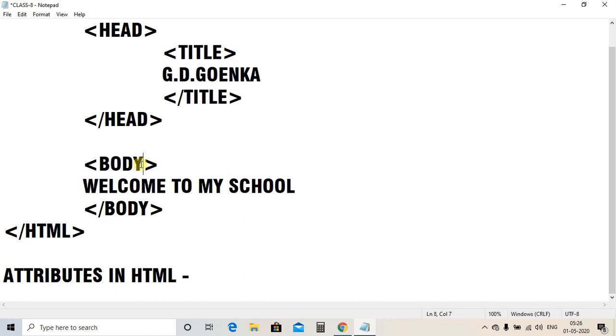When we want to use an attribute, we use it inside the opening tag, nowhere else. We can't use attributes with the closing tag. We always use attributes with the opening tag. So attributes are special words used inside the opening tag, and they control the behavior of the tag.